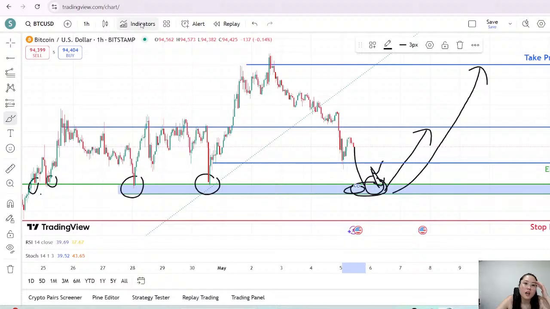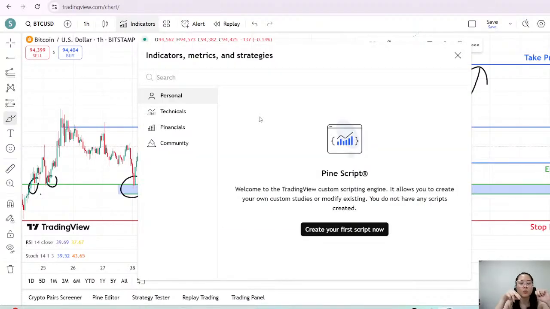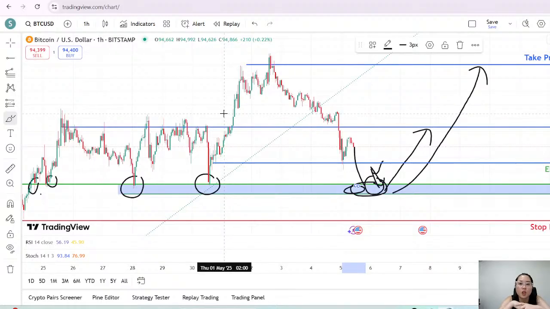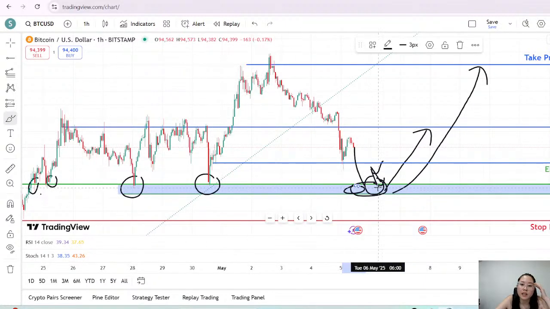Usually, when you use indicators that show volume, you will see that volume decreases, right? For example, if it's very bullish, you will see the volume indicators show that there's a very strong trend in bullishness. Anytime it comes to a key level, like this key level here, and the market is not sure whether it's going to break or make a U-turn, that's when you can see the volume indicators start to show some signs of weakness in bearishness.